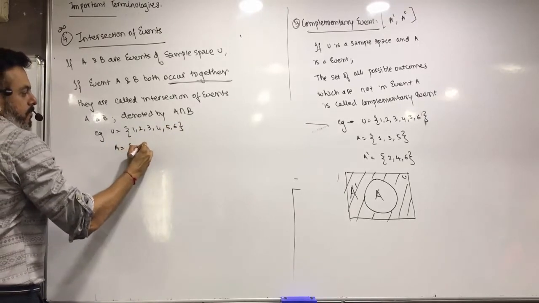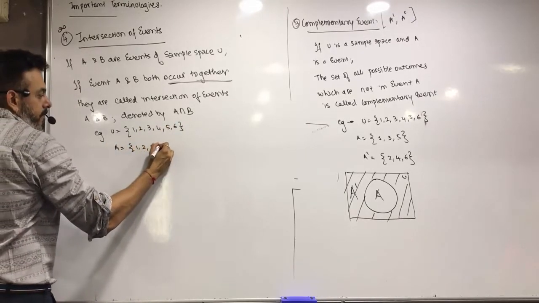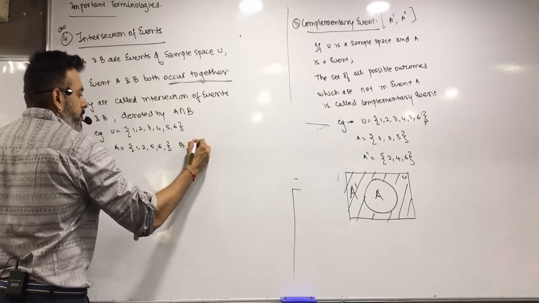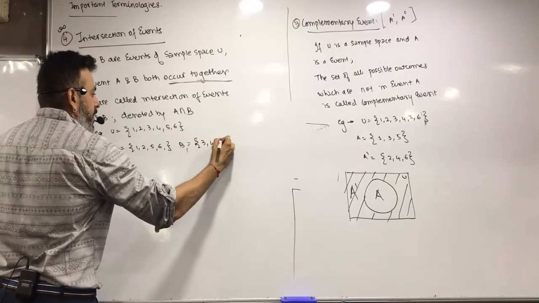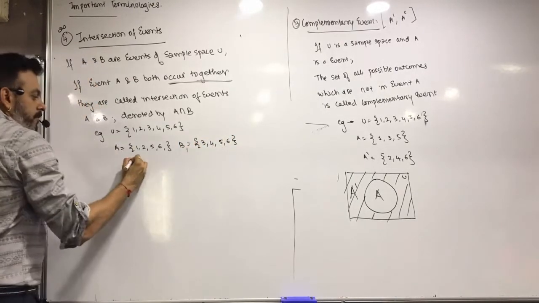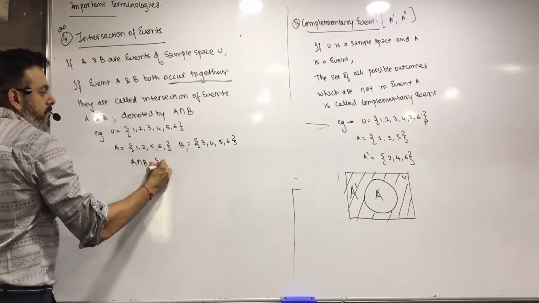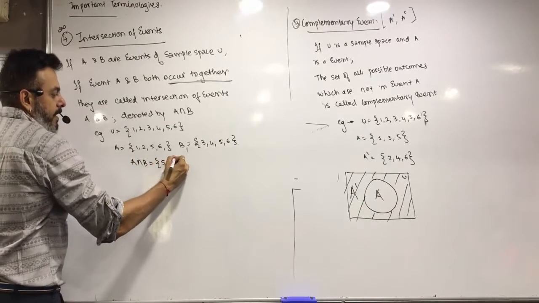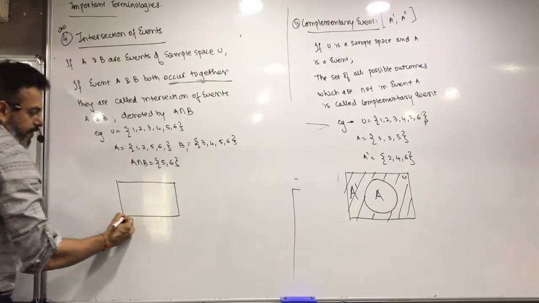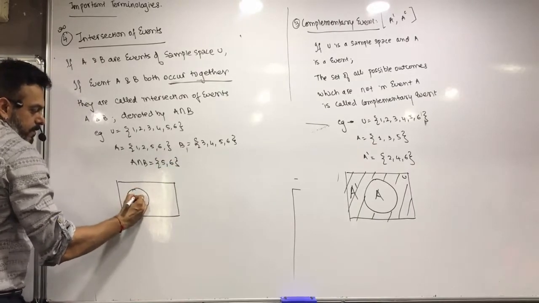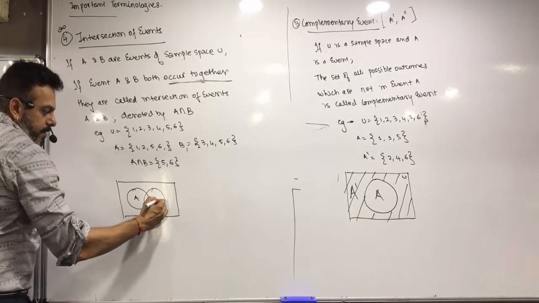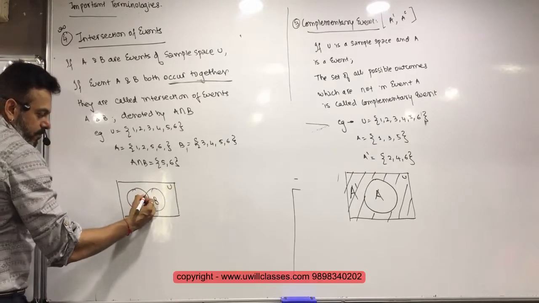Say A is equal to 1, 2, 5, 6. B is equal to 3, 4, 5, 6. So A intersection B is equal to what? 5 and 6. We draw the Venn diagram. Event A, event B, sample space U. This common